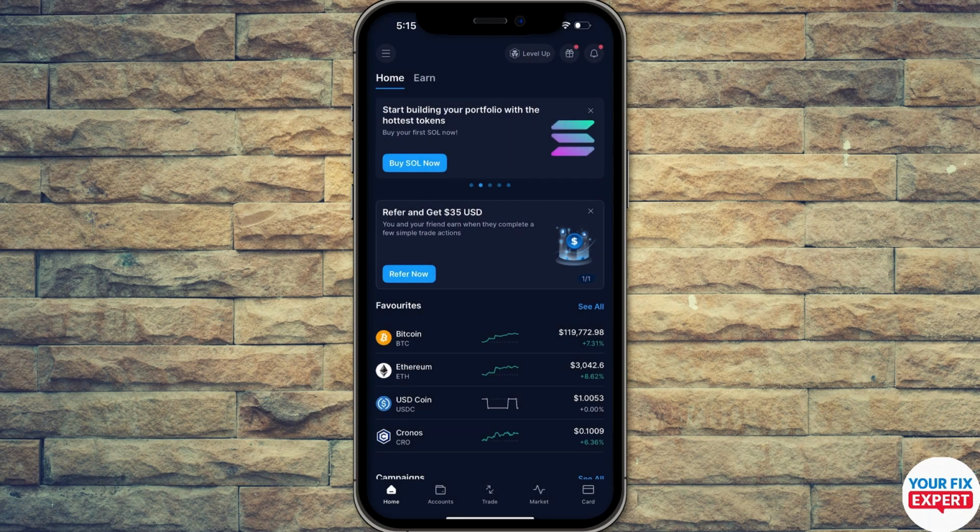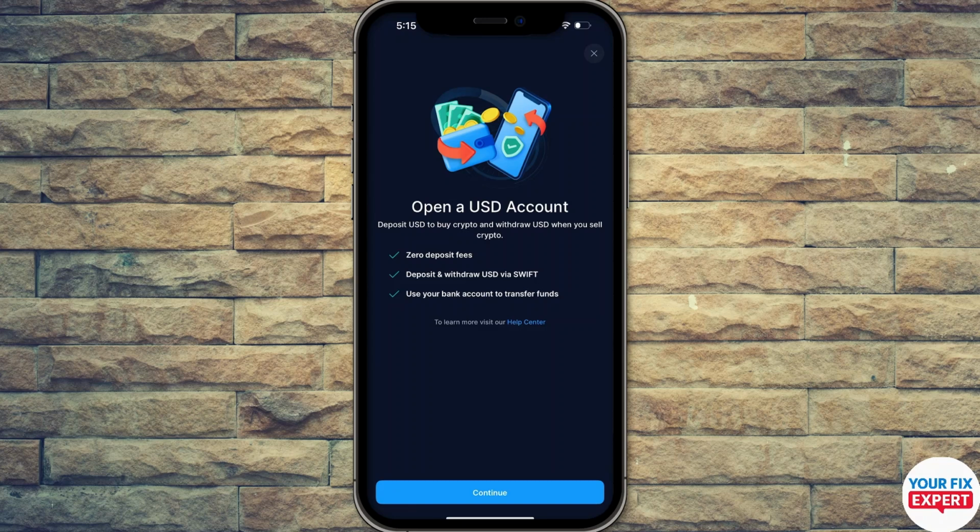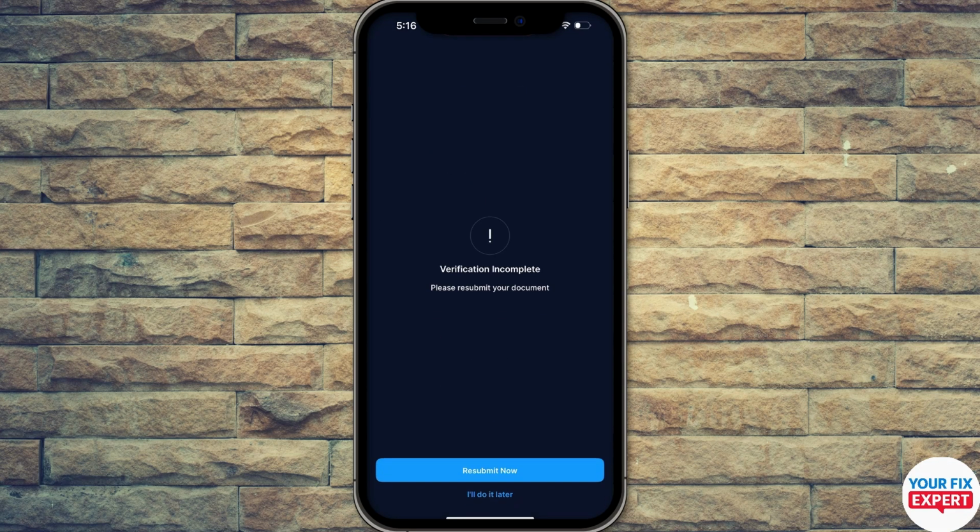And once you click on cash, it will take you to this page, which is called open a USD account, deposit USD to buy crypto and withdraw USD when you sell crypto. So as you can see, the benefits: zero deposit fees, deposit and withdraw USD via Swift, and use your bank account to transfer funds. The third option is very important, which is like you can withdraw cash to bank through the crypto.com. So make sure to click on continue and make sure to submit all the details that they